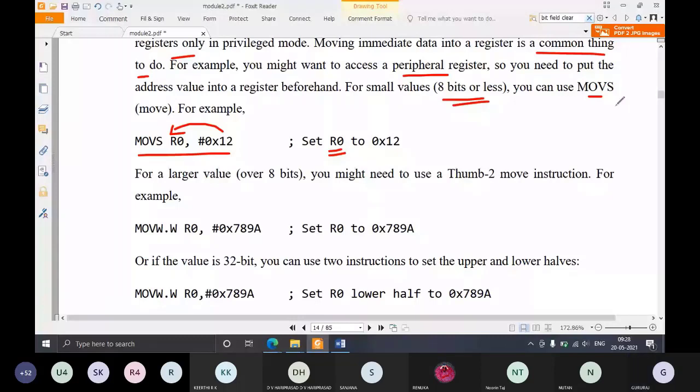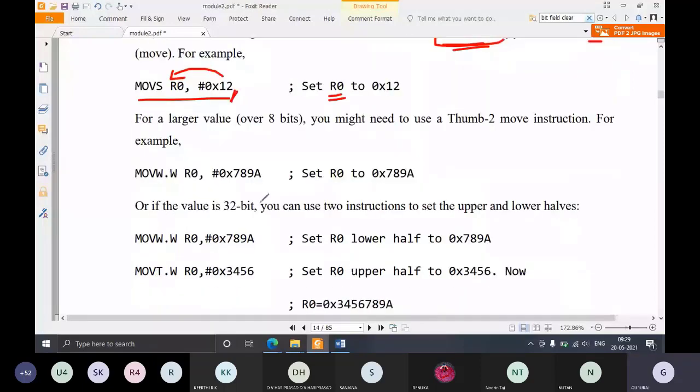Right? You can see the immediate data here is only 8 bits, so that is why you can use MOVS. If you want to move immediate data which is more than 8 bits, then you have to go for the instruction MOVW R0. Here the immediate data, 0x7899, is 16 bits.